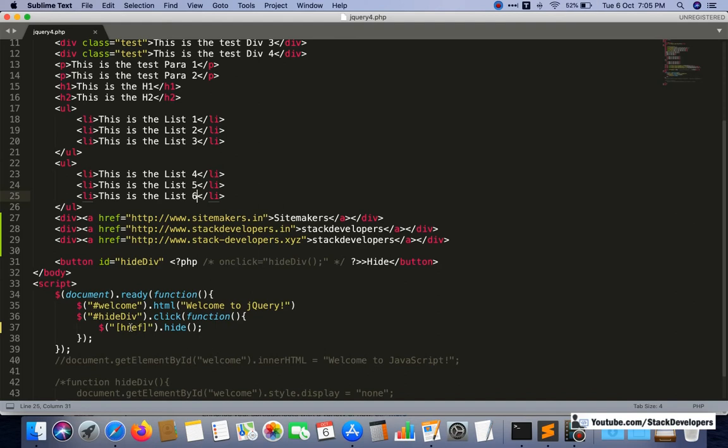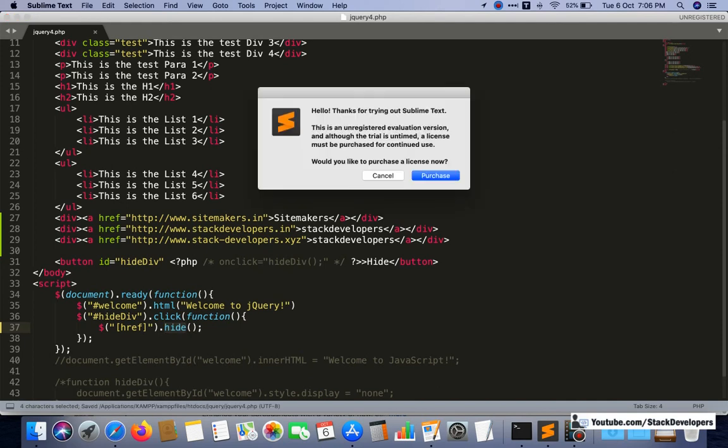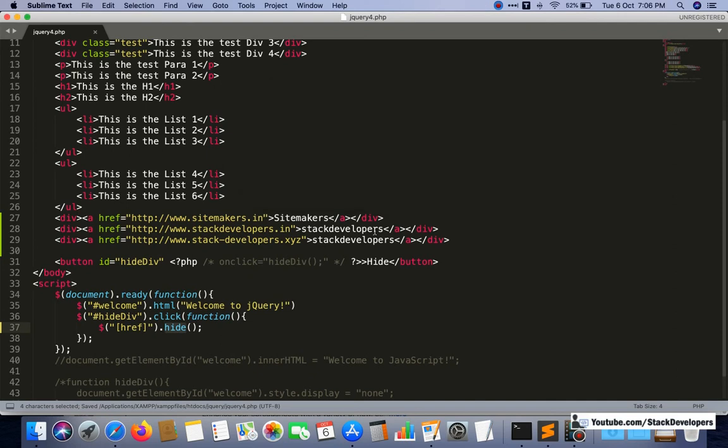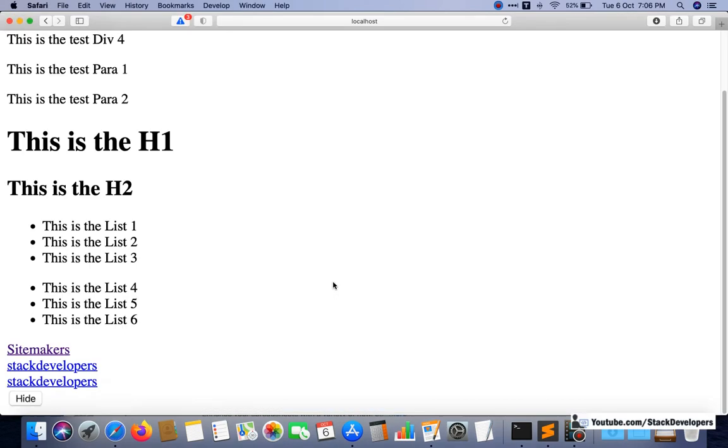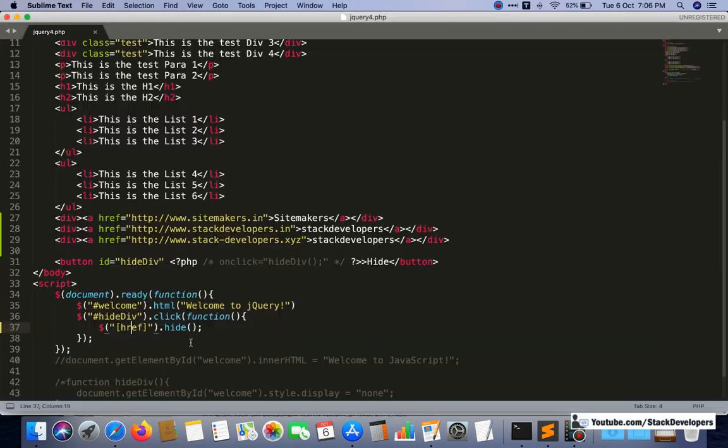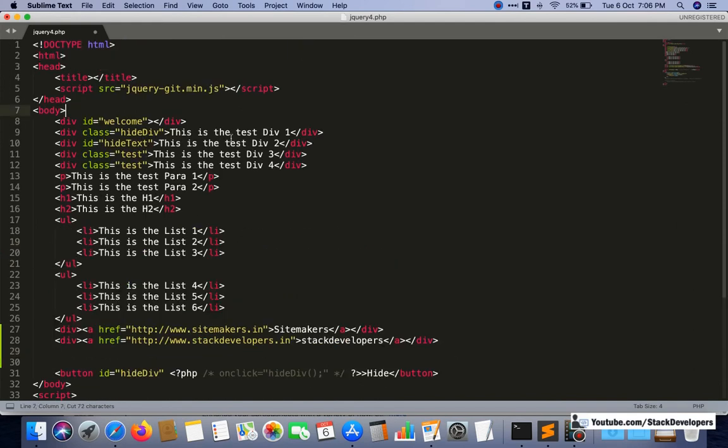You can even select, means if you want to add some other functionality, like adding some css with some property and value, then again it is useful. I will tell you in the next video how to integrate css with the html elements. We will not go into that much detail in this video. I just want to cover all the selectors. Now you know what href does. If I do one thing, I will cut from here, and I can paste it here.